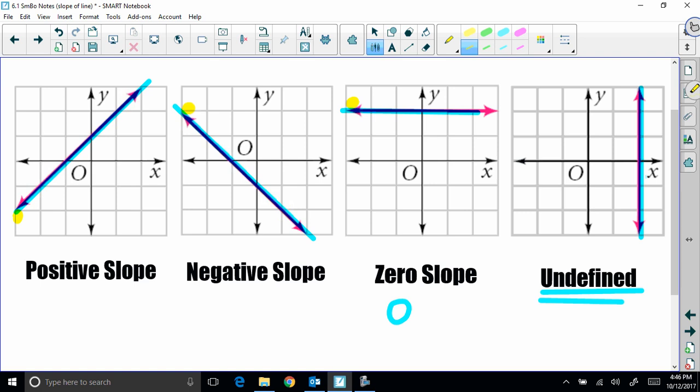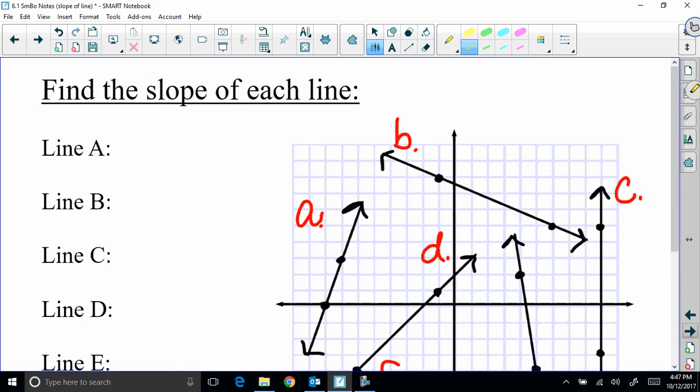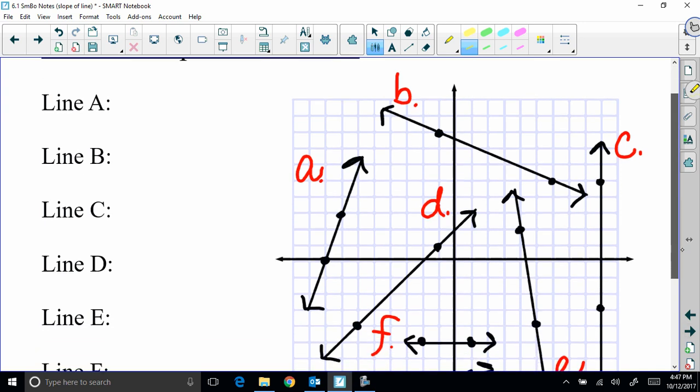What you can't do is ride your bike straight up a wall, okay? Gravity is not going to allow that. So that's the one to think about, that one is not possible. That's why that slope is undefined, and maybe that can help you remember that your slope is undefined for a vertical line. Okay, the first example,